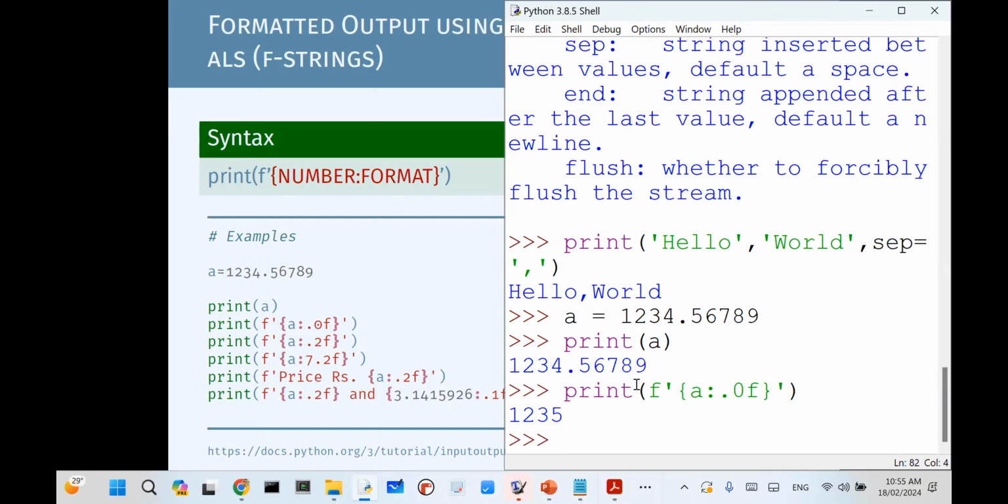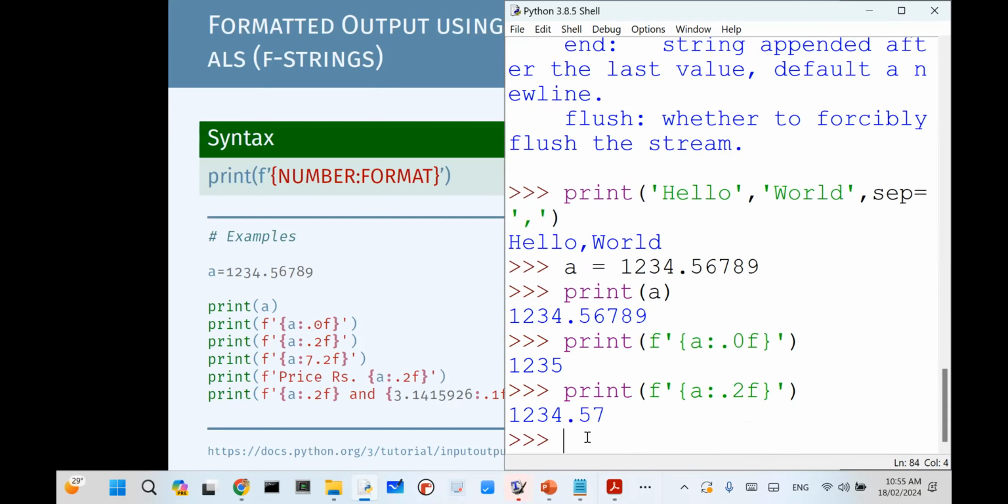So here in F strings, curly brackets indicate that we work on a variable and the variable is A, and this part will denote the formatting. For example, if you need 2 decimal places, we can put 2F. F stands for floating point number. So you can see now the outcome is limited to 2 decimal places.